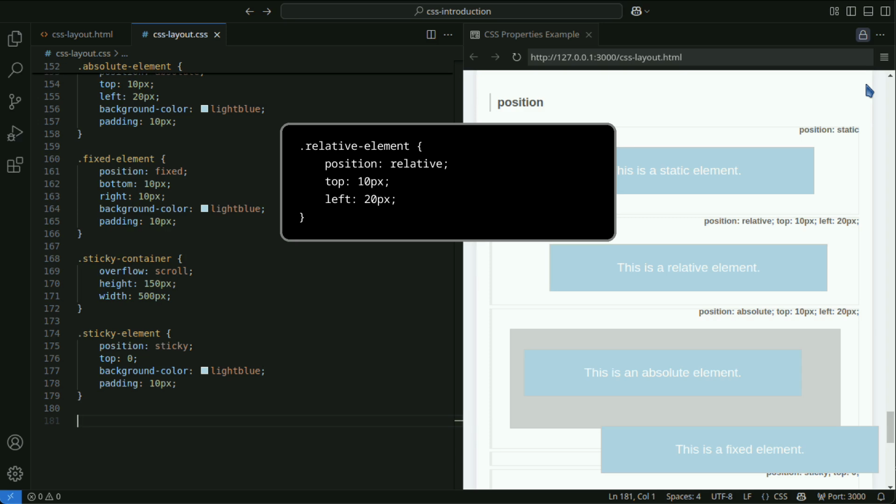Specifying relative positions the element relative. The element moves from its original position to the position specified by the top, right, bottom, left properties following the normal document flow. An element set to relative positioning leaves space at its original position even after moving. In this example, the element moves 10 pixels down and 20 pixels right from its original position, but the document flow is processed based on the original position.